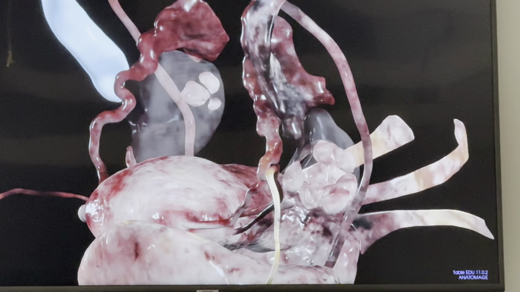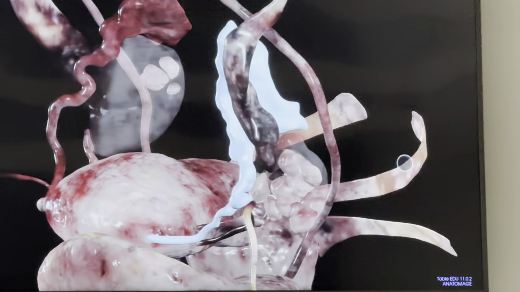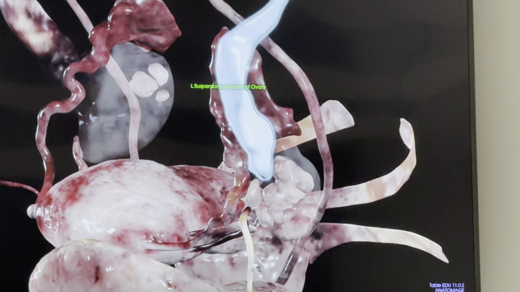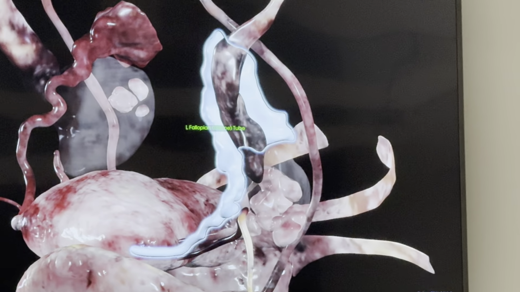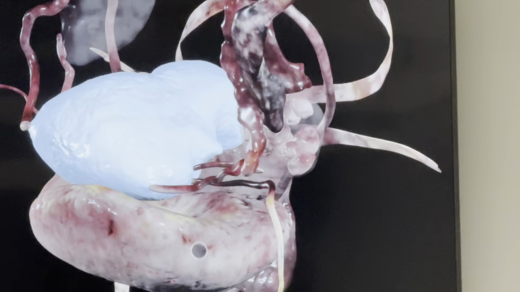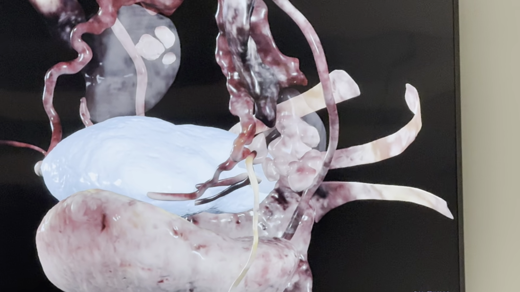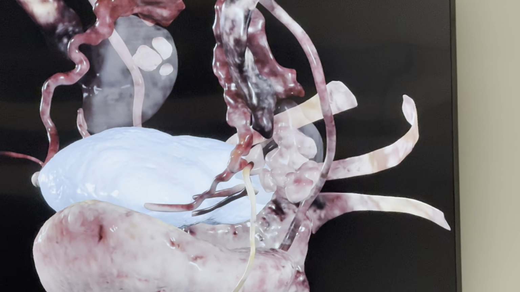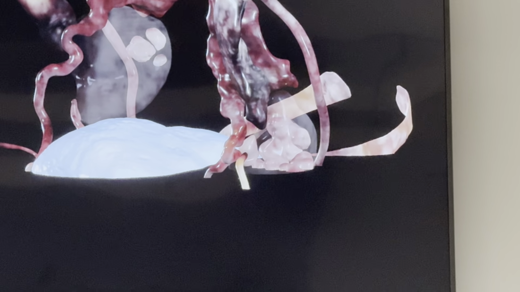And then, here's her fallopian tube. What's this? Oh, that's the suspensory ligament of the ovary. Okay. And there's the uterine tube. And then we go into the uterus here. So let's see if we can do a top down, because her uterus is flat here. It's going to be bottom up, but that'll work. So now if we go inside the uterus,